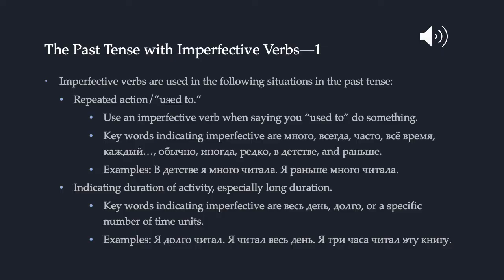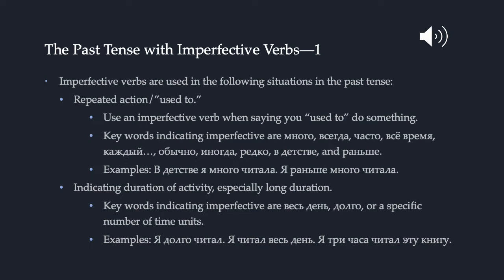Let's start by talking about the past tense with imperfective verbs. Imperfective verbs can be used with a number of situations in the past tense. One of the most common is when we are indicating repeated actions, or giving the same meaning that we would have in English when we say we used to do something. So if in English you would say you used to do something, in Russian you're going to want to use